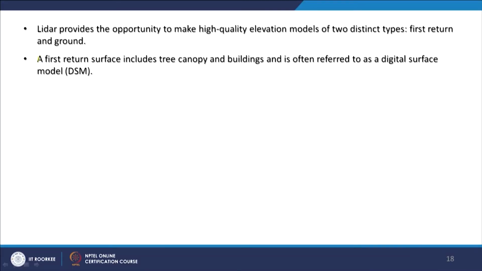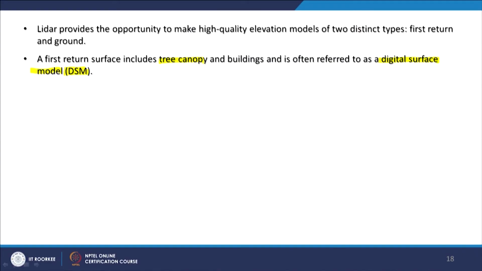So as you know, in this LiDAR technique, it first generates the DSM, that is the digital surface model, which we have also discussed in earlier lectures. So not directly a digital elevation model first. Now by masking the surface features, sometimes as per requirements, we can remove those surface features and get a bare surface, and that becomes your typical digital elevation model.